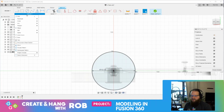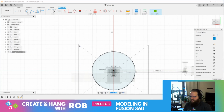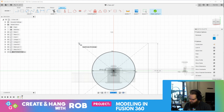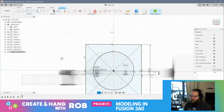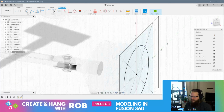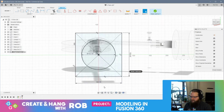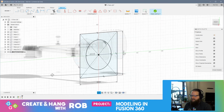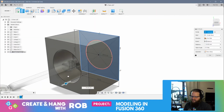So let's create a center point rectangle. And basically, if I did this 140 by 140, how does that look? Oh, 140, 140. That looks pretty cool. Let's start with this and see how we end up. I might want to make it bigger. I think I'm going to make it bigger. Let's make it 150 by 150. All right, so there's my cylinder head. And if I'm not mistaken, I should be able to bring this down to like...